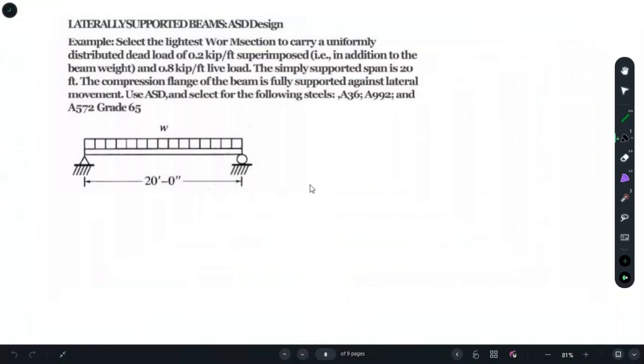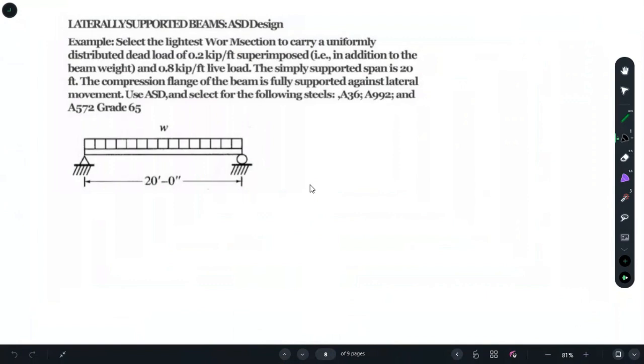So in this math, we'll design a beam, and that has to be a W section. We have external loading, 0.2 kip per feet for dead load, and 0.8 kip per feet as a live load, and it has a simply supported